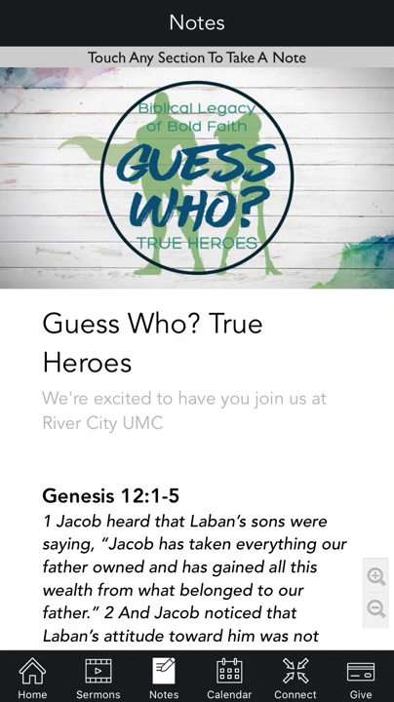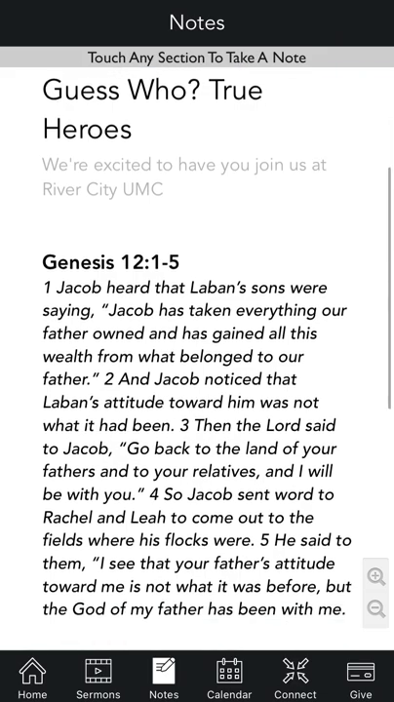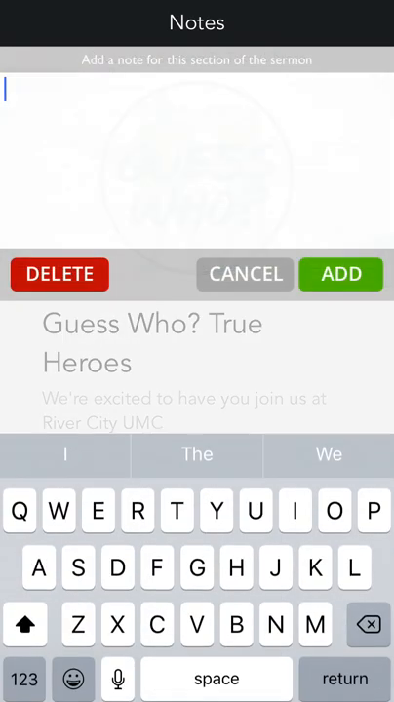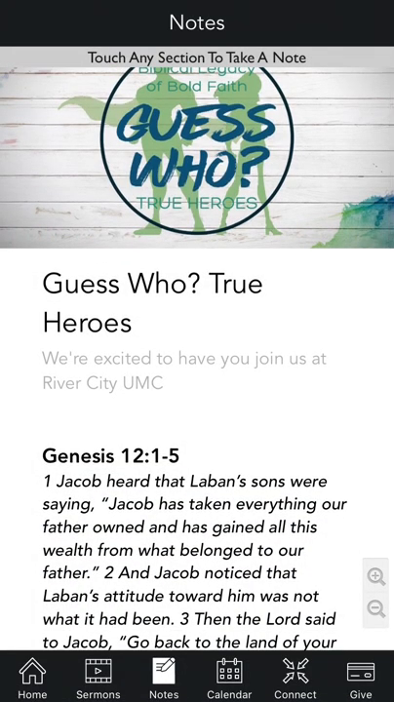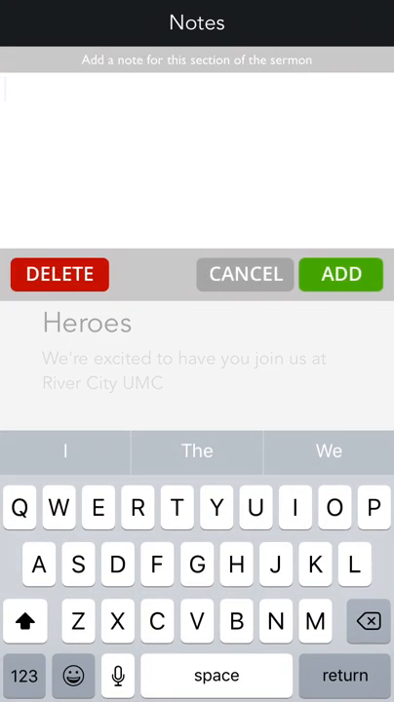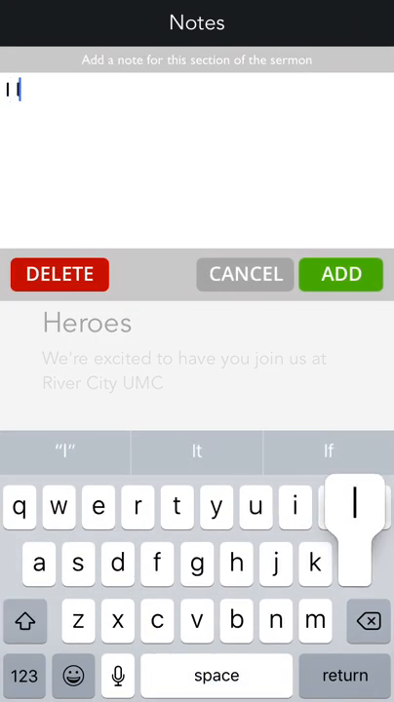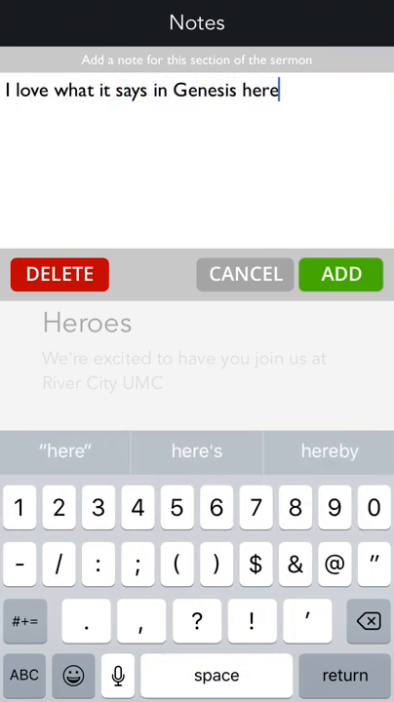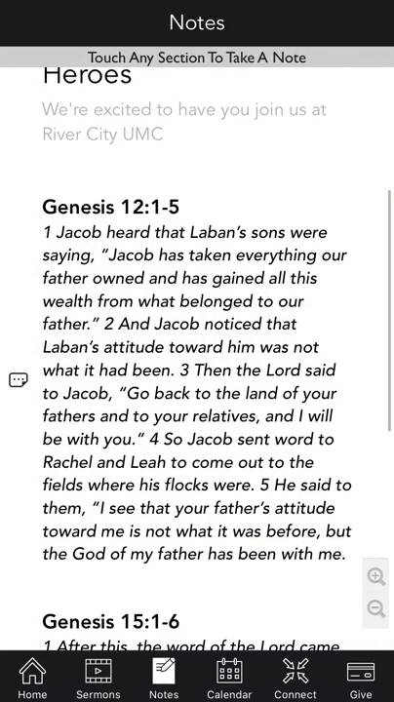So you can see at the top of the screen, it even says, touch any section to take a note. So not only do we have a really nice looking sermon outline with a sermon series graphic, a title, a description, as well as scripture, you can see what I did there was I touched the Genesis 12, 1 through 5, and it popped up this box, and I can say, I love what it says in Genesis here. So I'm taking a personal note, just like I would scribble down a note on a handout outline, and I can press add, and you can see now next to that Genesis passage there's a little symbol indicating I have